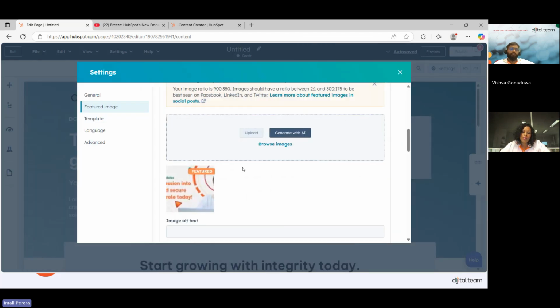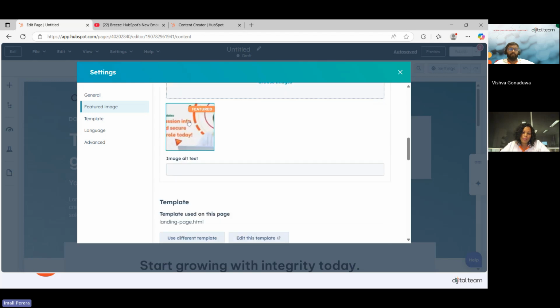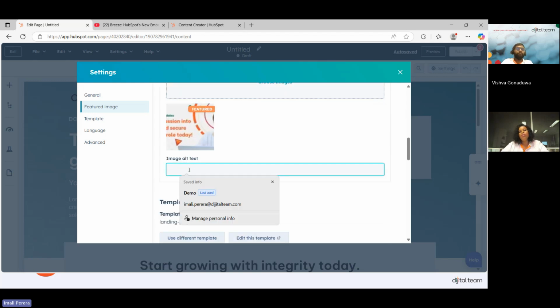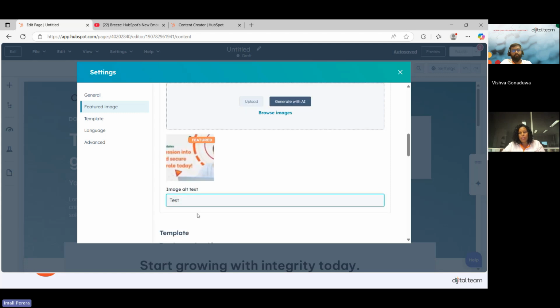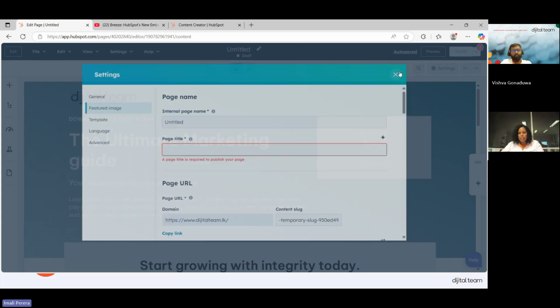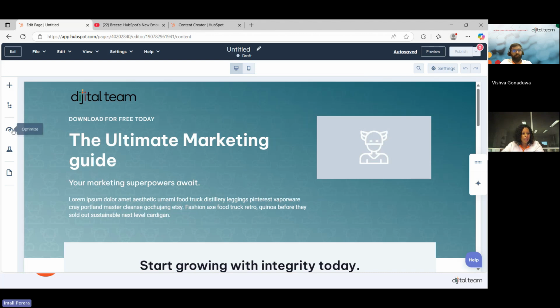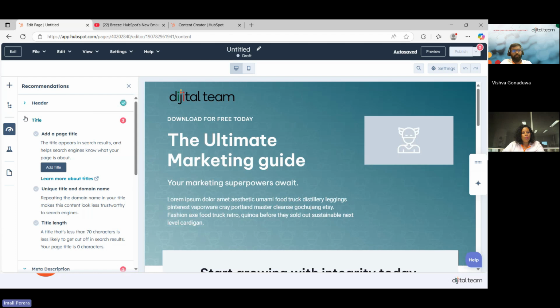And once you've added the feature image, it's also best practice for you to put the alt text, a description best describing what this image is about, for search engine tools. Once you've done that, you can exit this, and then you can hit on optimize, and you can see